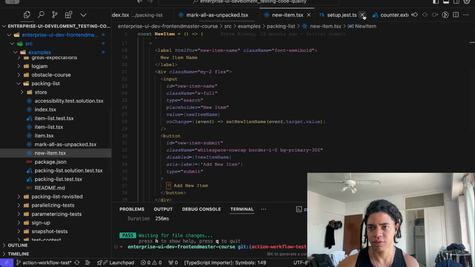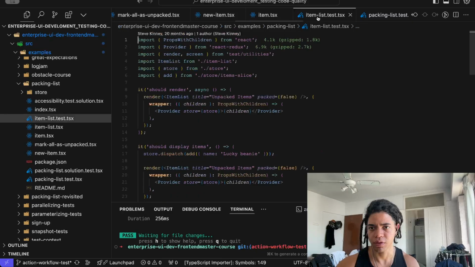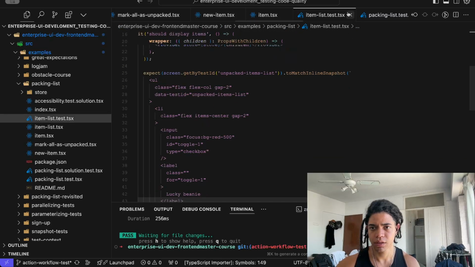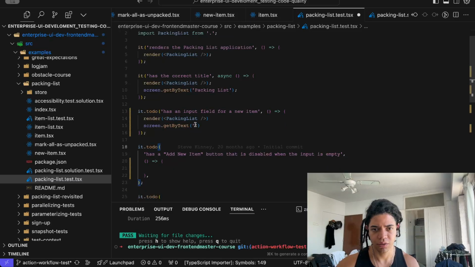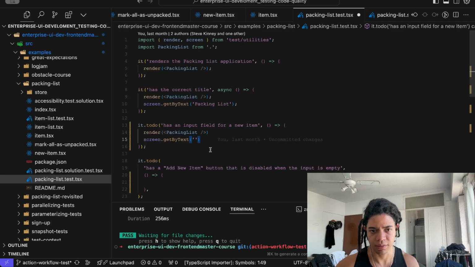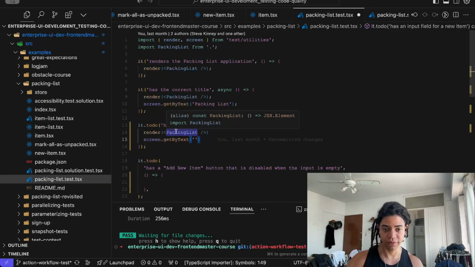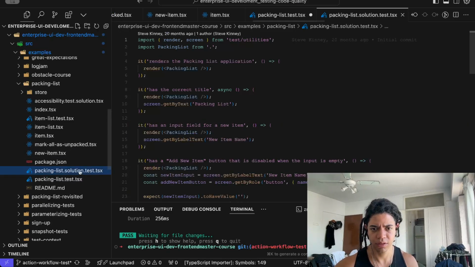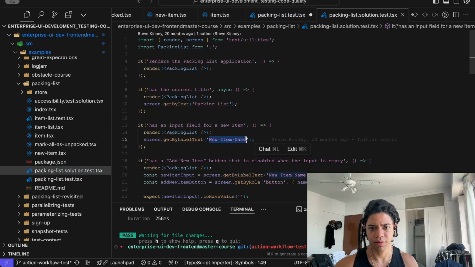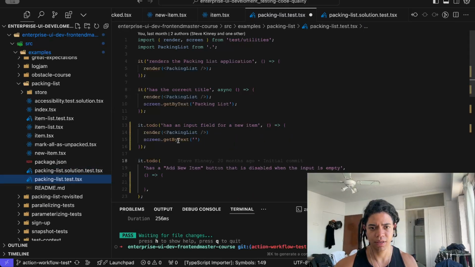Setup here. Let's close this, as well as this, as well as this, and all of this other stuff that we don't need, or that's not relevant. No, packaging list. There you got it. And here you say, hey, has an input field for a new item. So once you mount this, you're gonna see you now have the input field for a new item, which is the new item. And to me this is quite interesting, because this is how you get by text